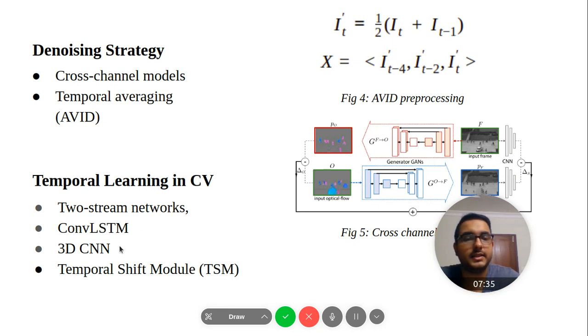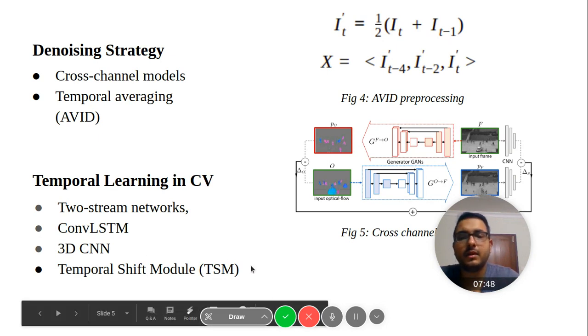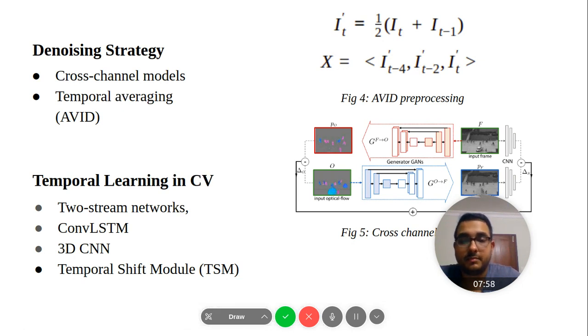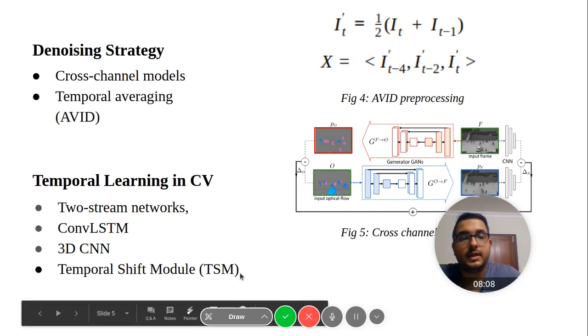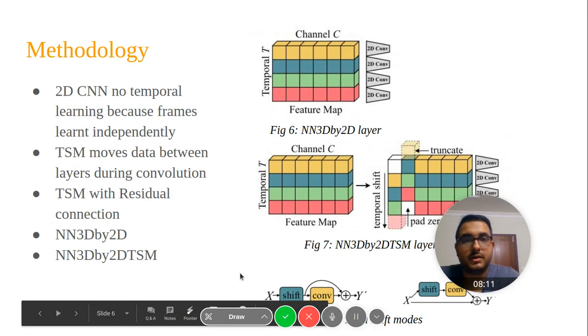In checking the literature for the state-of-the-art temporal learning models, we have found that two-stream networks, convolutional LSTM, and 3D CNNs are very popularly used, but they have a very high disadvantage: the number of training parameters is very high, which makes them hardware unfriendly many times. But in 2019, in the latest research, a new module called the temporal shift module was introduced for temporal learning, and it was found very successful in learning temporal variations at the cost of a 2D CNN. So in this particular work, we have used the temporal shift module for